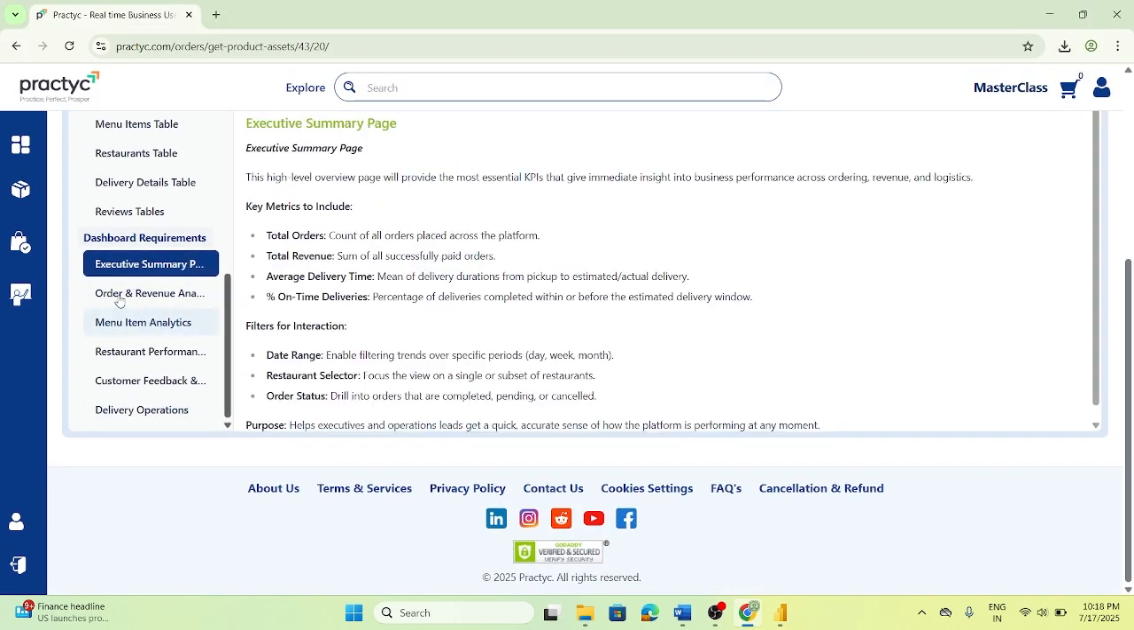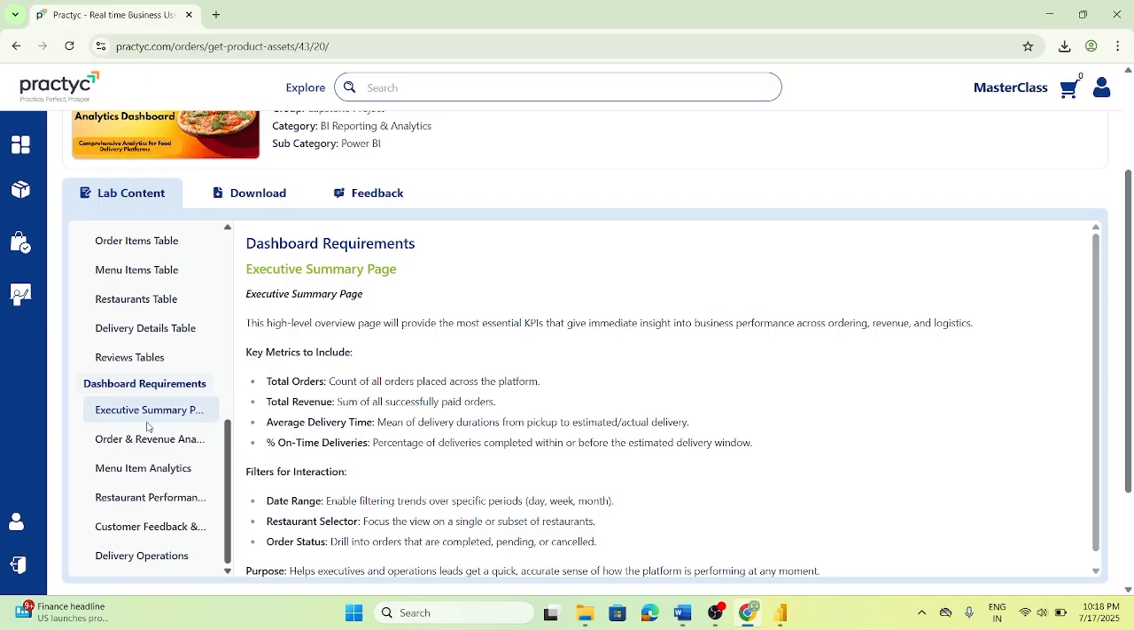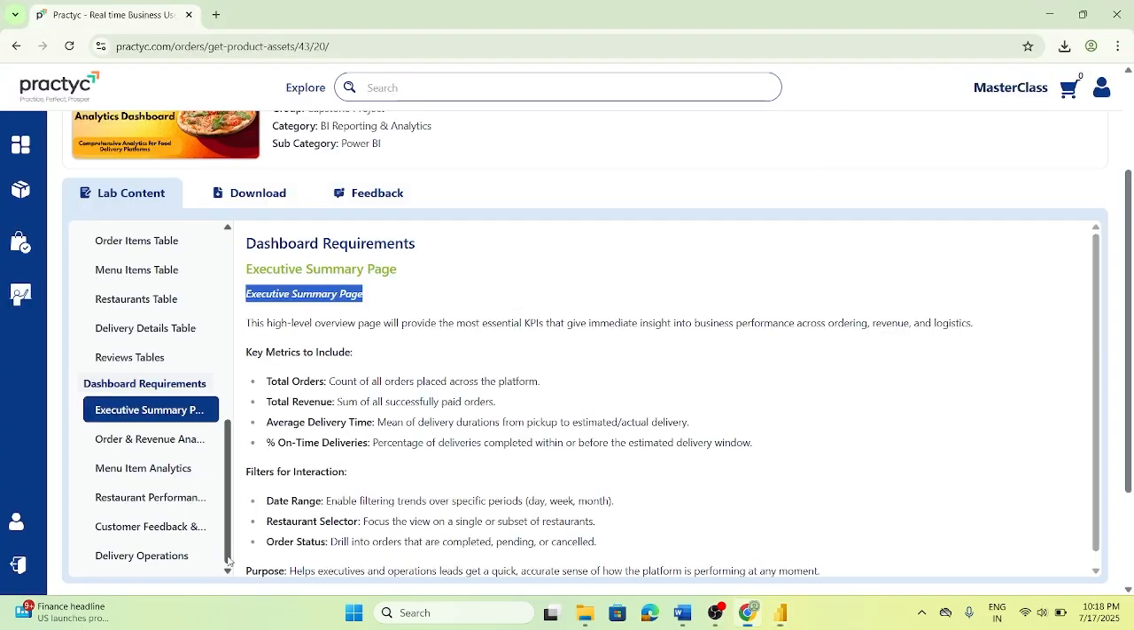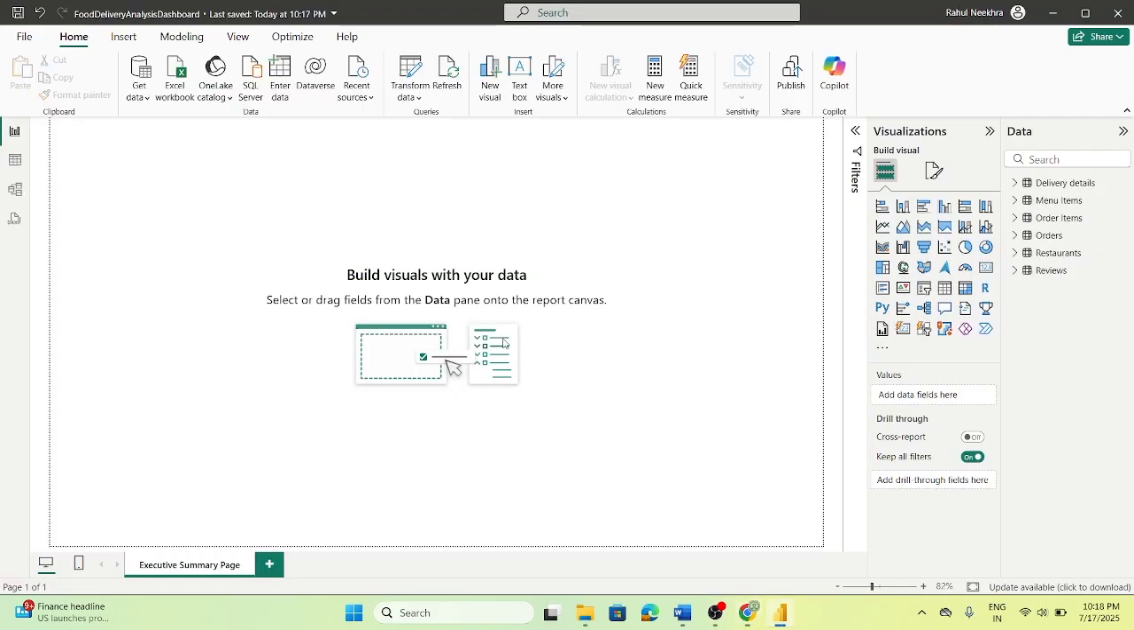So let's say I'm just going to attempt this first page. The first page name is executive summary. So I copy this from here and rename my first page. And if you see the total orders I need to create, so what I'm going to do is